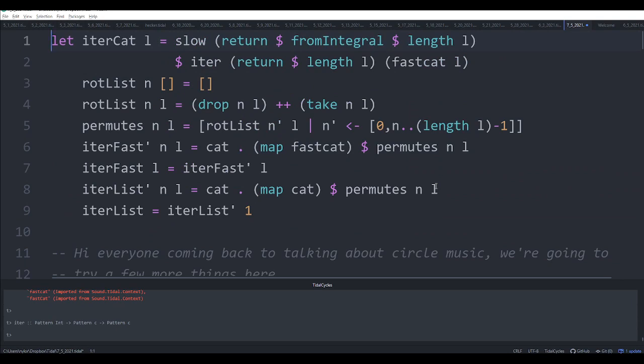So the last video posted, and the one before that, we were talking about this whole idea of constructing new patterns out of old by treating it as rotations on a circle. And one of the things